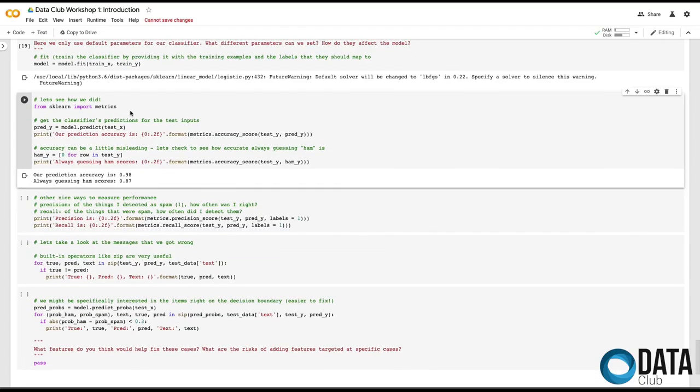So we're going to use their accuracy score function and give it the true values, which are the test values here, and then our prediction, and it's going to tell us how accurate we are. And here, accuracy 98%. That seems pretty good. Something to be concerned about here, though, is that accuracy is sometimes misleading. If we remember, our data set was mostly ham. So when you're evaluating something like accuracy, if you have a huge imbalance in your data set, if say